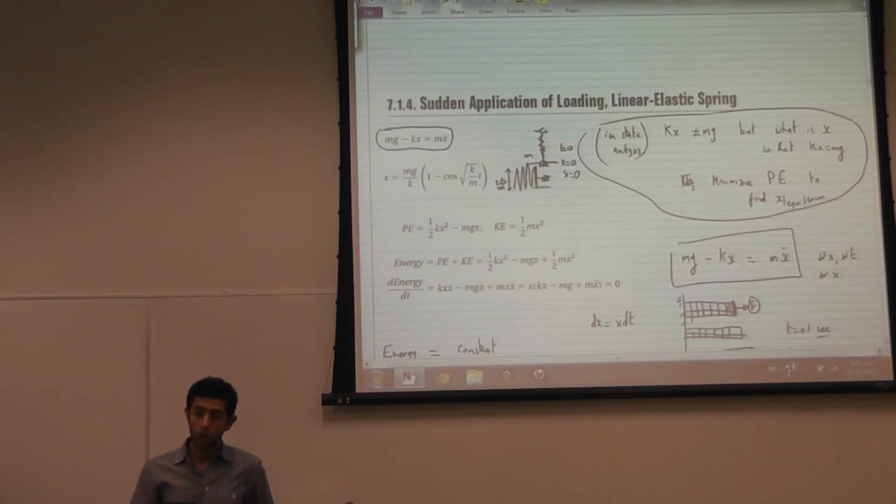Because it's a linear spring, which means the force is directly proportional to the displacement,